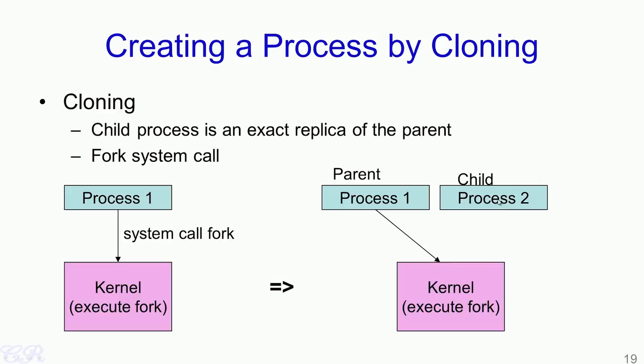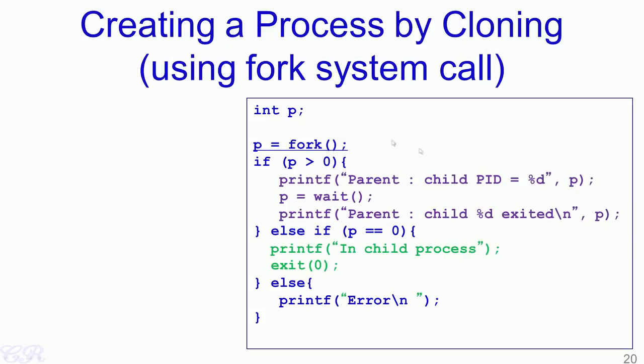So, let us see how the fork system call works with an example. Let us say that we have written this particular program which invokes the fork system call. The return from the fork system call is p, and p is defined as an integer, and it can take values of -1, 0 or something greater than 0. So, when this particular program gets executed, the fork system call would trigger the operating system to execute, and the